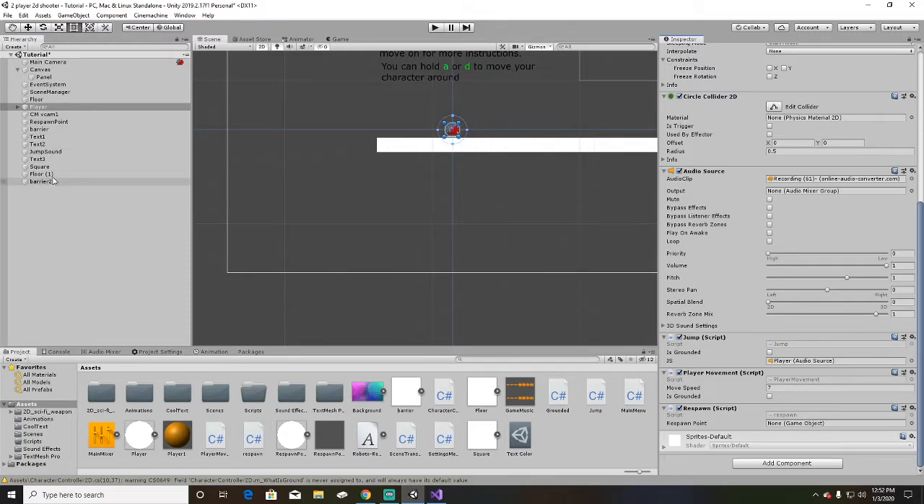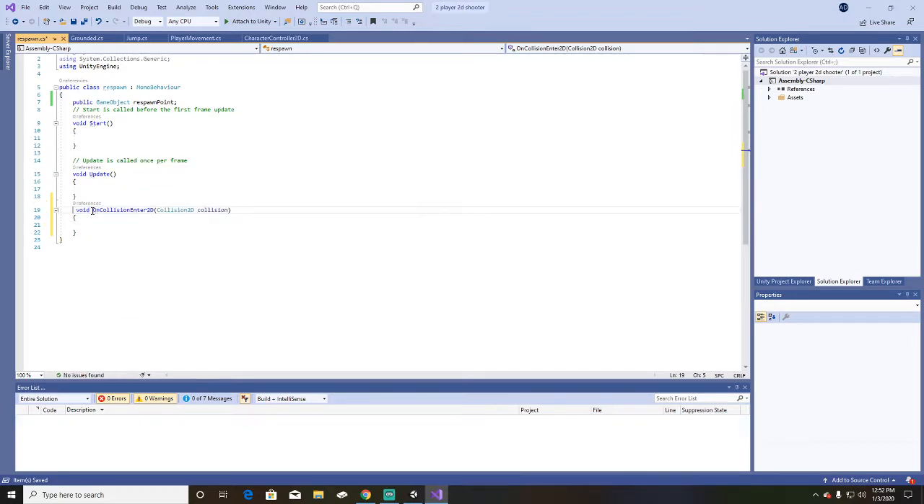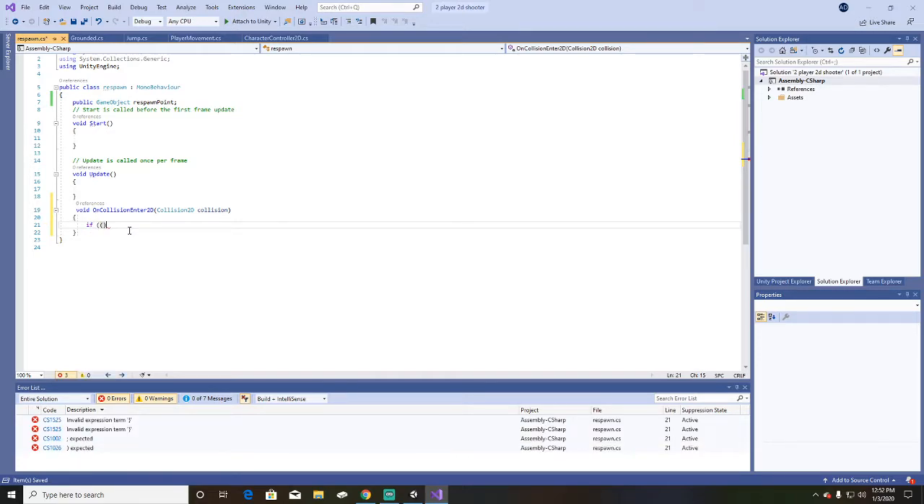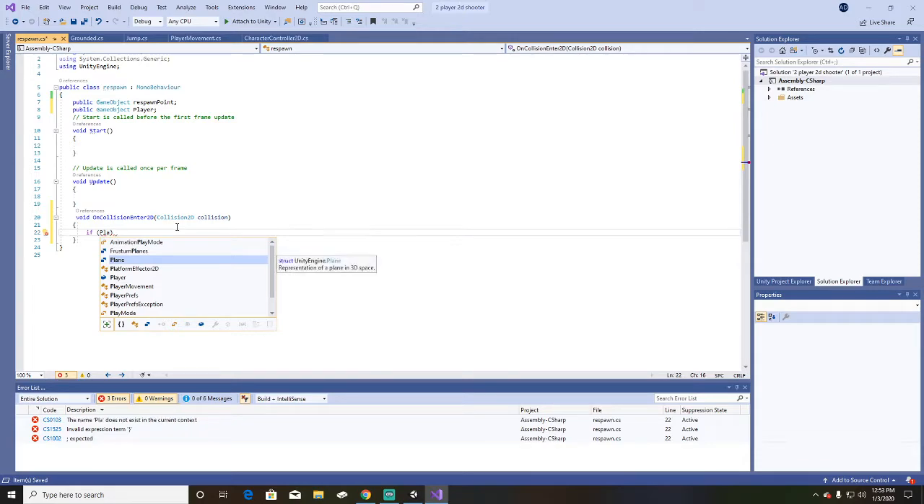So you want to find your respawn point and drag that into there. Now reopen your respawn script. Now you want to do in void update. Actually, you want to go into void OnCollisionEnter2D, and if it says private, you can just remove private. Now go ahead and type if, oops. And if you want to, you can make a public game object player like that. If player, if